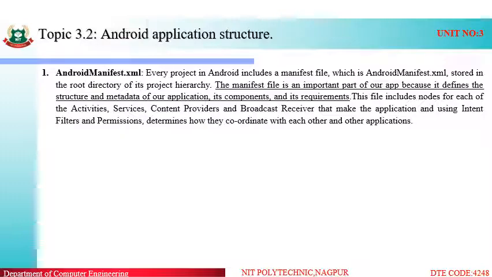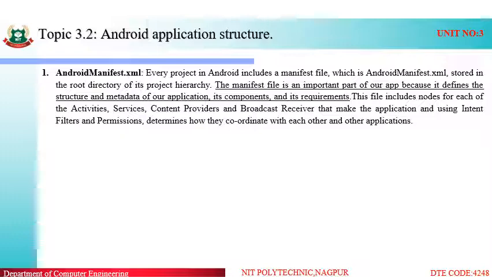This file includes nodes for each of the activities. Activities are nothing but the UI screens. Services run in the background. Content providers, what do they do? They handle the communication between our application and the Android system. And broadcast receivers are used to send different notifications.